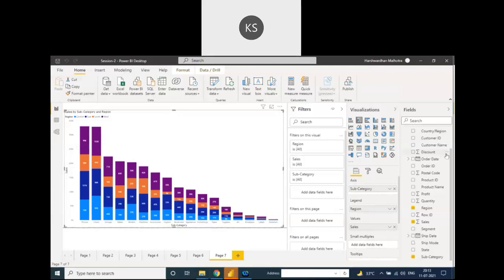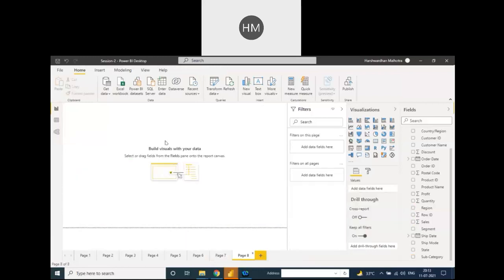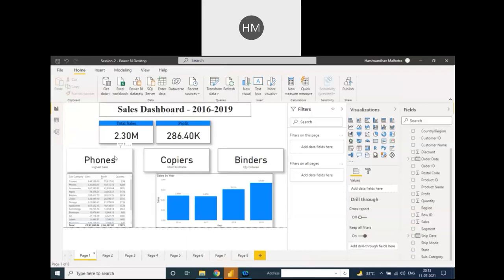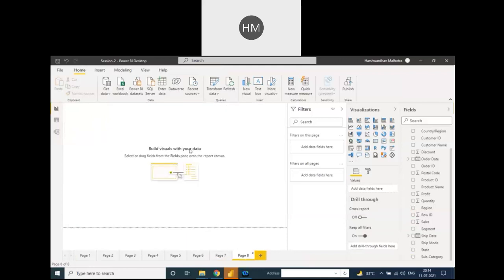Yeah, so we move ahead. Like yesterday, some of the persons asked me if we can make a card with the top 2 or 3 subcategories. So today we are creating the cards with 2 or 3 subcategories.